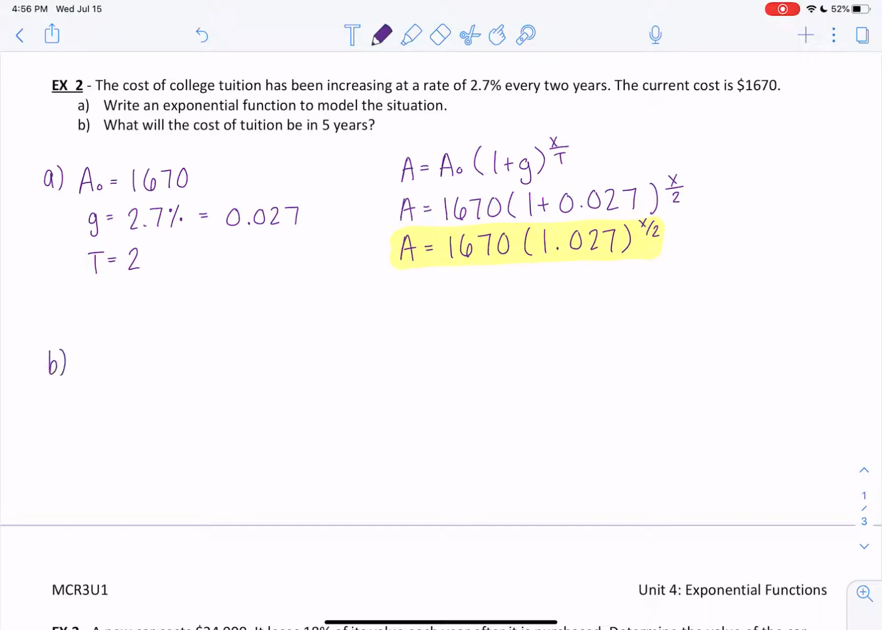Now for part B, it's asking, what will the cost of tuition be in 5 years? So that's asking us to sub in x equals 5. So now we'll have A equals 1670 times 1.027 to the power of 5 over 2. And then I can just put that into my calculator. And that will give us